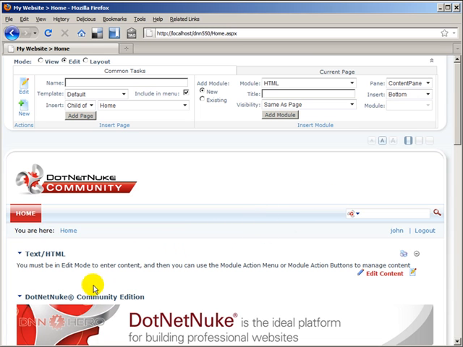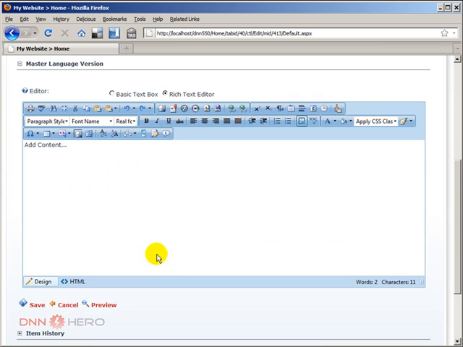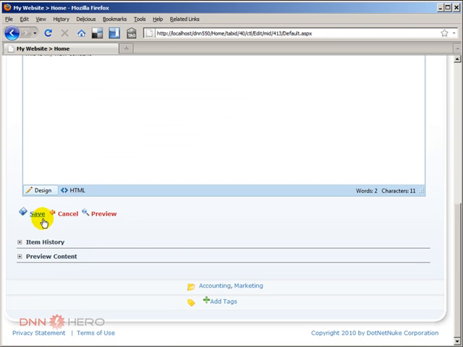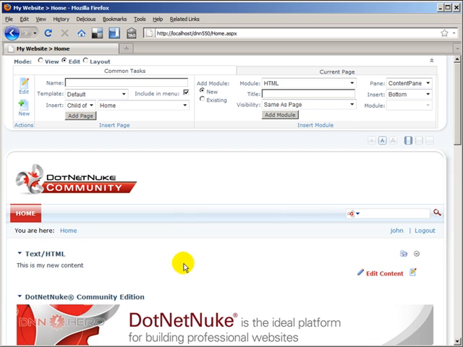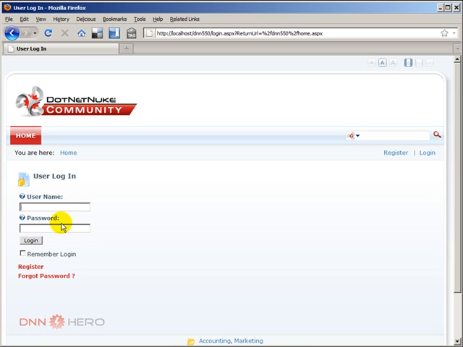Now I can edit this content. This is my new content. And I can save this. So again, I'm doing that logged in as John, because now John has access to add HTML modules. Now we can expand that, and say that the editor group will have access to add many different types of modules. So I can log out, I can log back in as host,